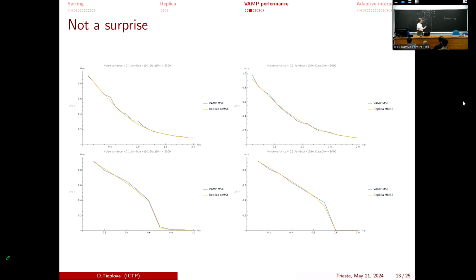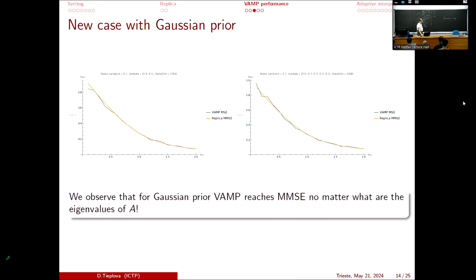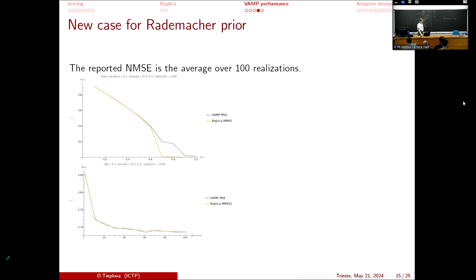On the top, there is a Gaussian prior, and on the bottom, there is a Rademacher prior. So after we tried our model with block design matrices, for Gaussian prior, it appears that it works pretty well. There is actually nothing to make it better. But the problem was with Rademacher prior. As you can see, in the Rademacher prior, we have this phase transition, and around this phase transition the algorithm really was not stable. There were bad instances and good instances, and there were many more bad instances, I must say, than good ones.